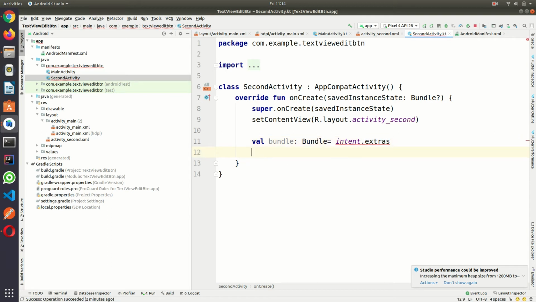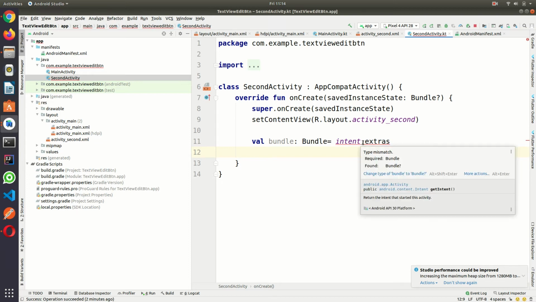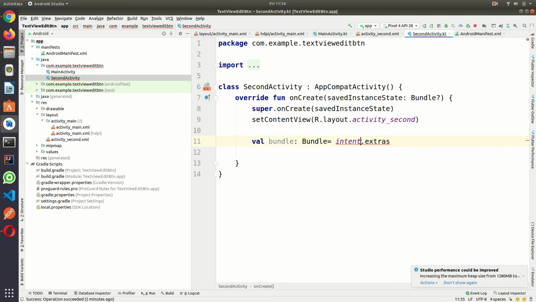Here it is showing an error, so I need to make it nullable.